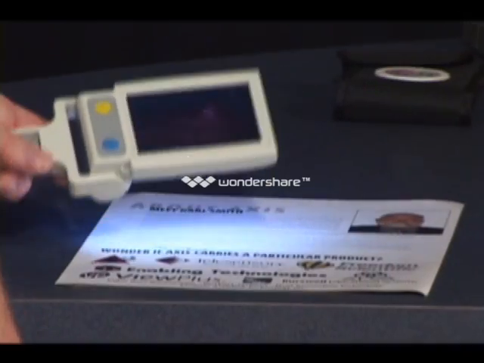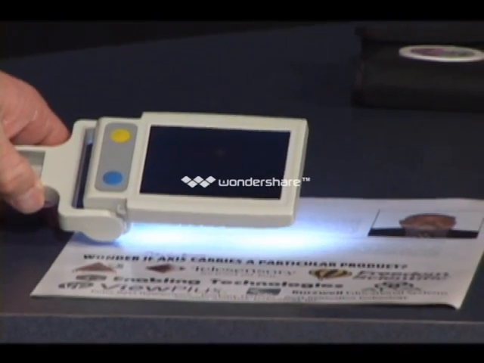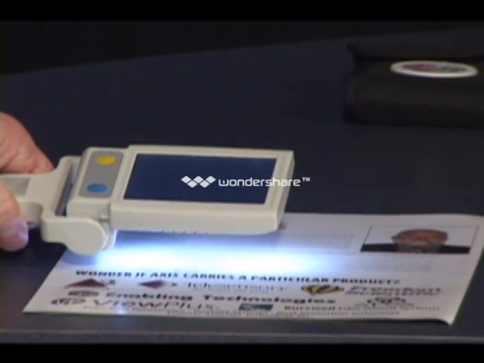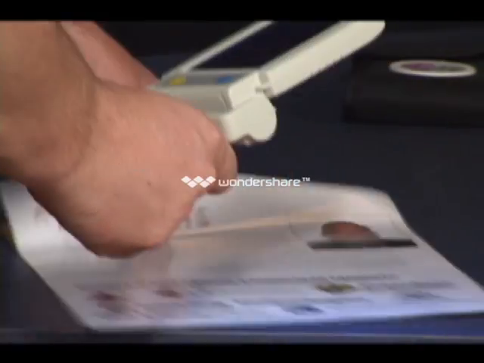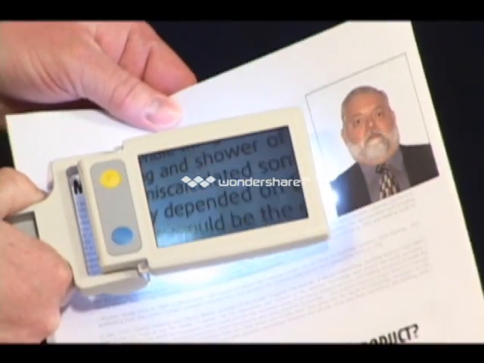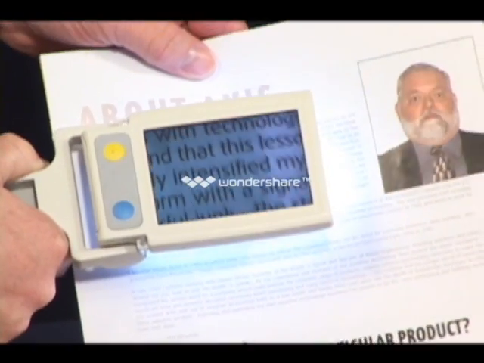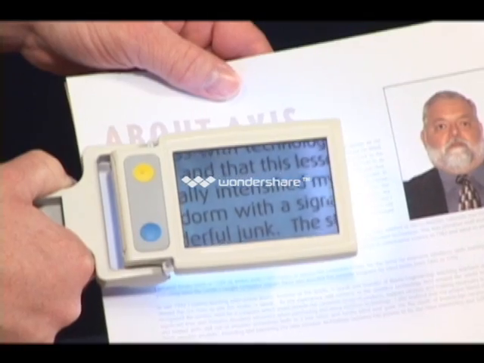These units can be really handy, and for those who are wondering about the prices, this one retails for $495. It's probably the cheapest one I'm aware of that's like this. It's really handy if your low vision is not severe enough that you can't see it. It can be a problem, and that's just the nature of the low vision business, that this may not be good enough, but it gives you the brightness, the contrast, and the different color combinations that might help you as a low vision user. The nice thing about this one, you could take it with you to read a menu,